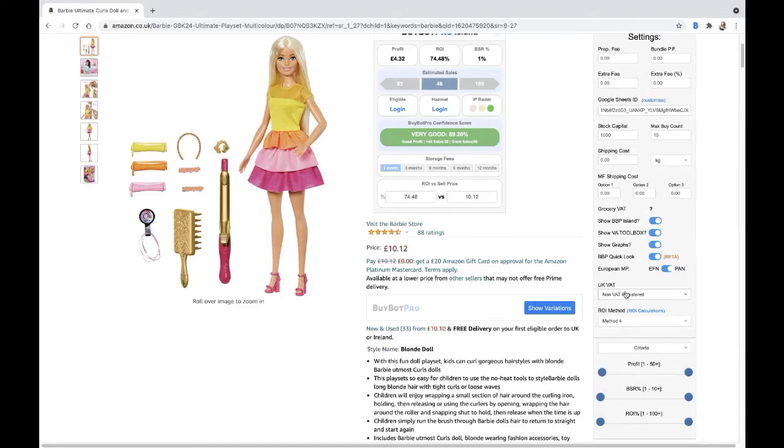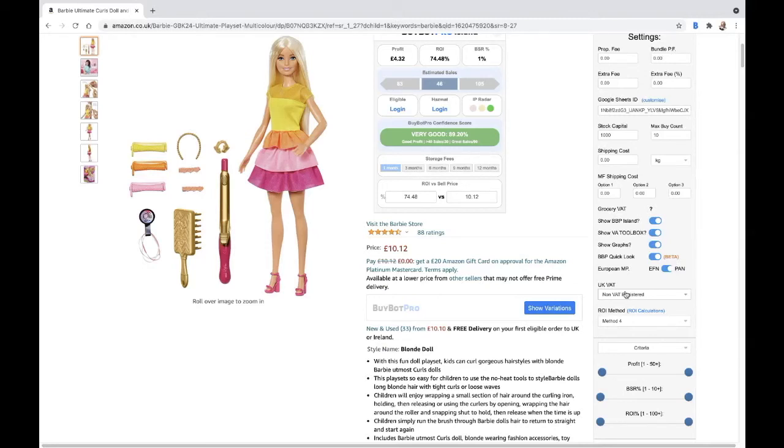So if you are not VAT registered, you pay VAT on the purchase price of the product, probably, depending on what the product is, but most likely you do, and you pay VAT on the Amazon fees. Now, if you are VAT registered, then you can claim back the fees on Amazon, or potentially they won't charge you them.